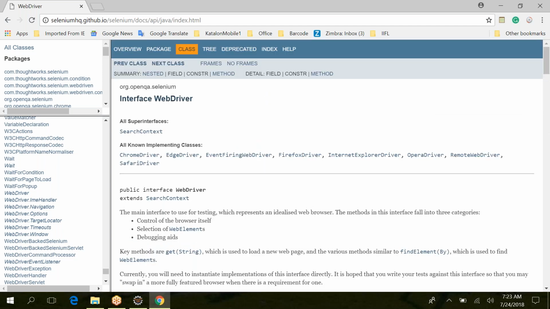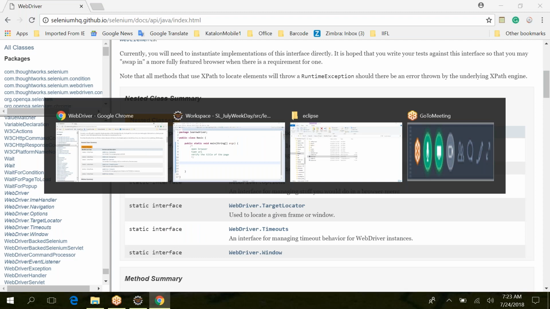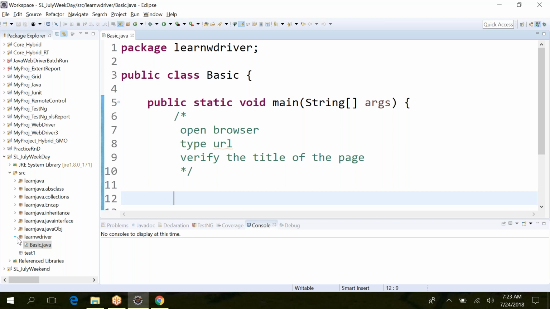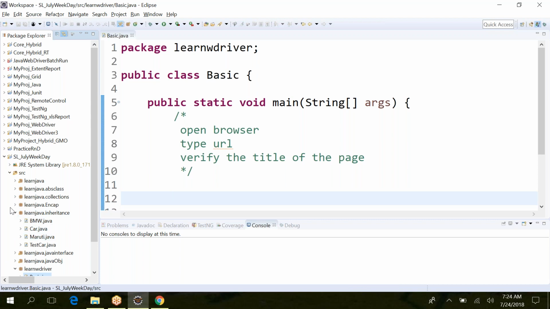Now, if you remember what I told you in the last class, an interface has all abstract methods, right? There is no body of the method in the interface. So the methods here, whatever you can see, there is no body inside those methods, because these methods are there in the interface, right? Clear? If you go to the interface class videos, you must be aware, if you have done it,